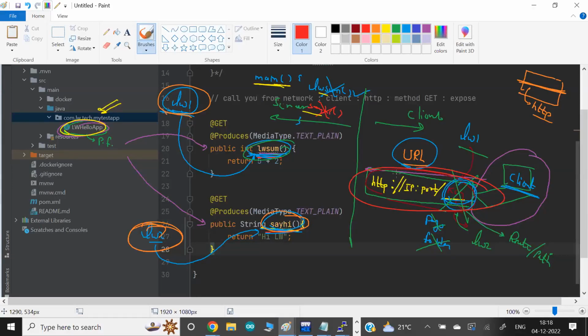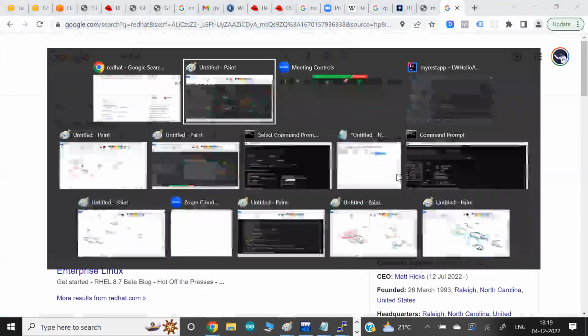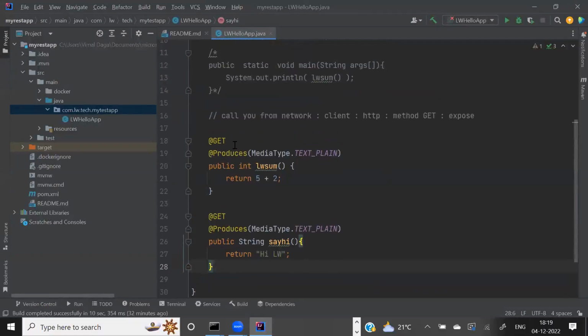So we decide this. Again, for this, a lot of code the developer has to create, because it's not simple. The client sends the URL, the data goes in the header. You have to retrieve it, then do some checking with if-else. So a lot of code you have to build. But again, we don't have to build this code from scratch. We have some annotations available. And what can we do? We can use those annotations here.